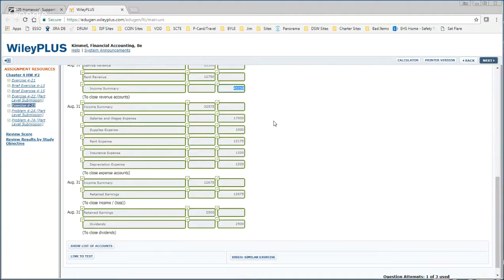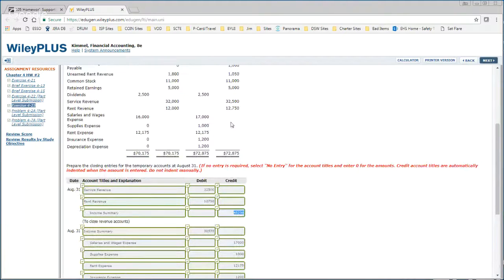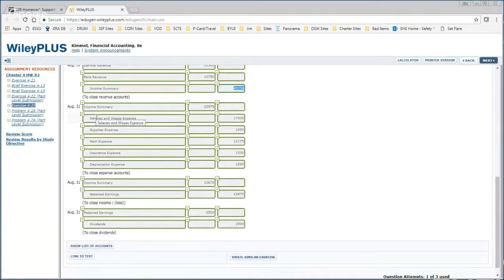And then we want to do the same for the expenses, but in reverse. So there were 5 types of expenses, and we want to summarize those in the income summary. We have salary and wage expense, which are all right here in these areas. Salary and wage expense, $70,000. Supply expense, $1,000. Rent expense, $12,175. Insurance expense, $1,200. Depreciation expense at $1,200. You add all those up, and you get the income summary of